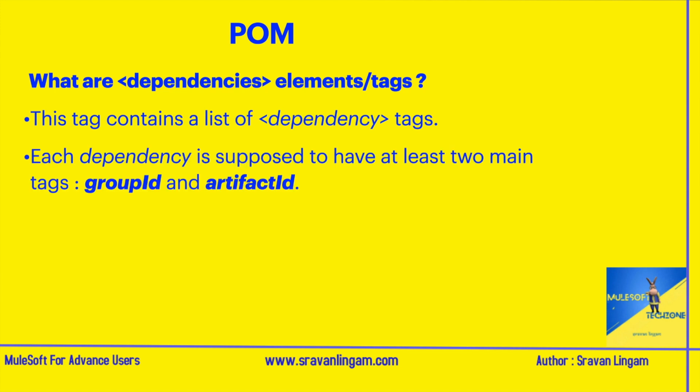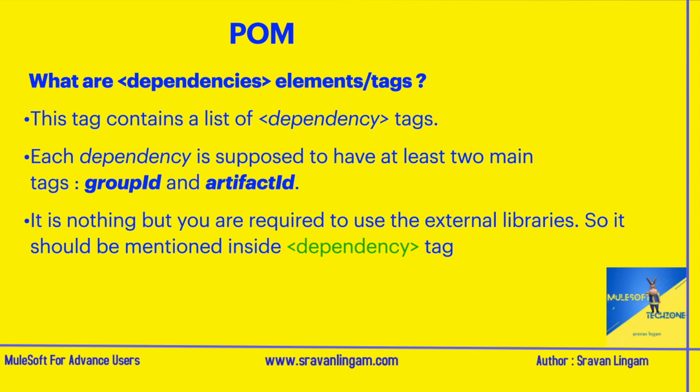Basically, each dependency is supposed to have at least two tags: group ID and artifact ID. This group ID and artifact ID are responsible for downloading an external library. It is nothing but you are required to use external libraries, so it should be mentioned inside the dependency tag. This tag contains a list of dependencies, as I said, and each dependency is supposed to have these two tags. Okay, and coming to